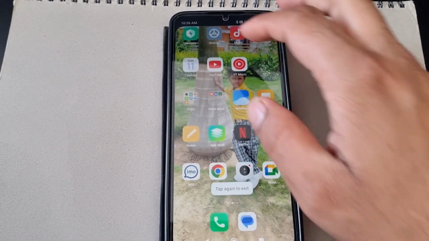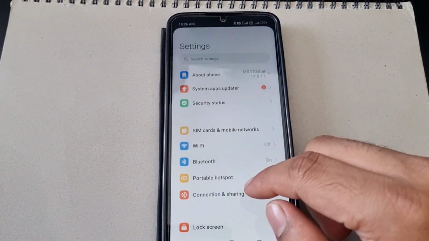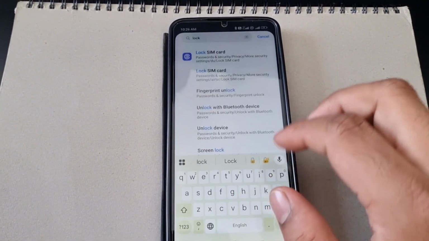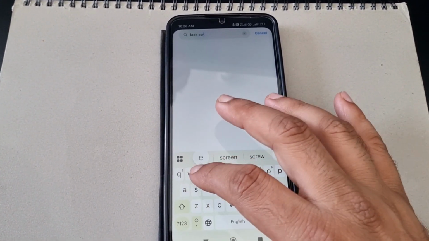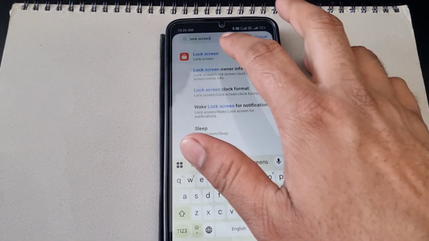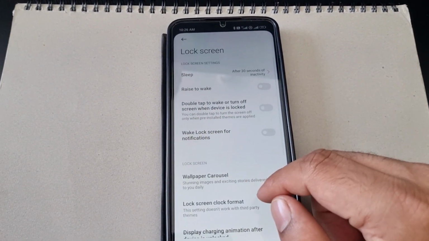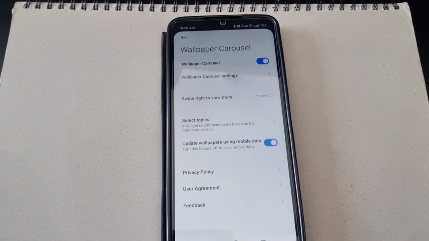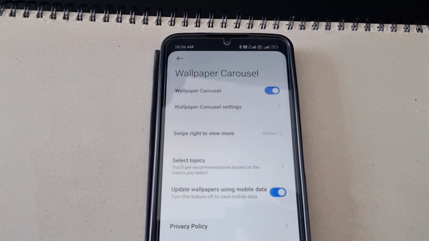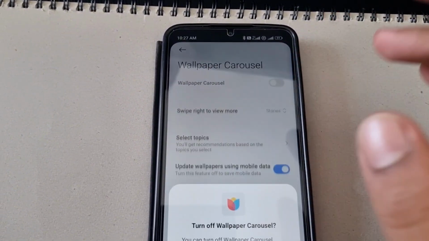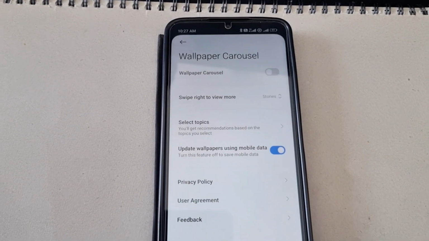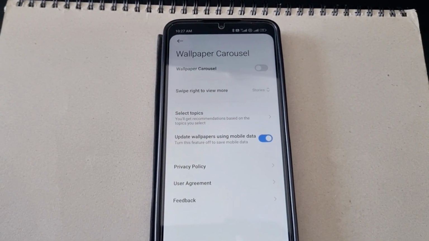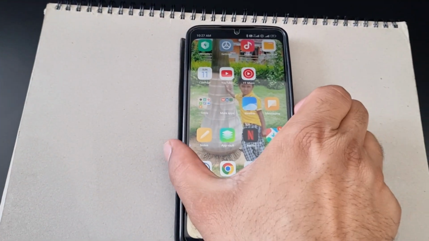So what we'll do, we'll just go to settings and we'll find here lock screen. Okay, so this is our lock screen. Once we go in our lock screen, we'll find this wallpaper carousel something type. Okay, we'll just click here and we'll just simply turn it off. Okay, so once we successfully turn it off, now the ads that were coming in the lock screen,